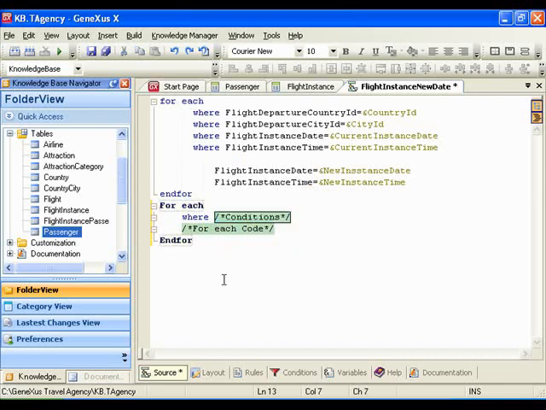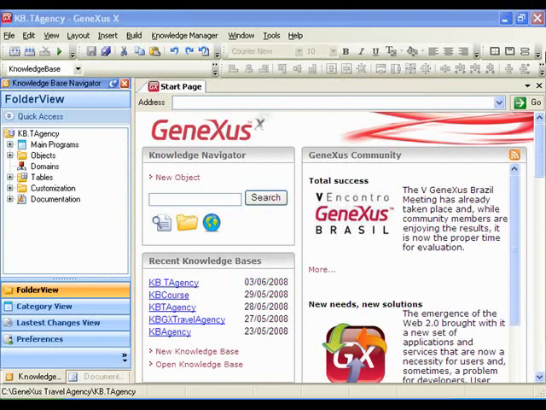So right now let's work on a new requirement. We'd like to list